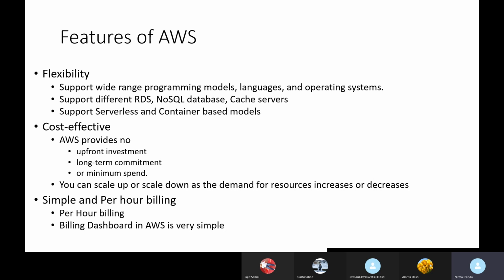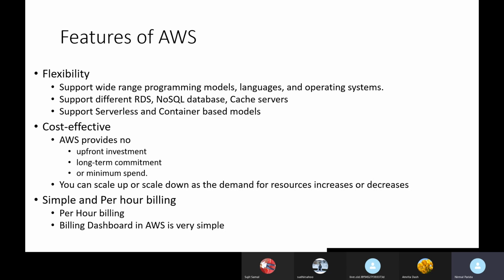Some companies require a 3 or 4 year tie-up to use their services, and there is no such commitment here. There is also no minimum spend. Some companies may ask you to buy at least 200 or 500 dollars or 500 rupees to use the service. There is no such commitment from AWS.